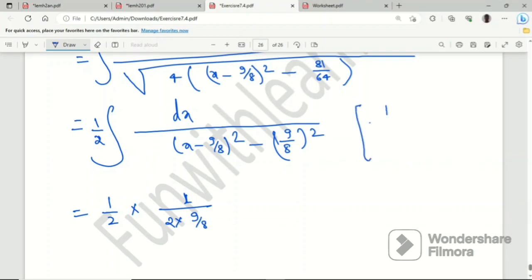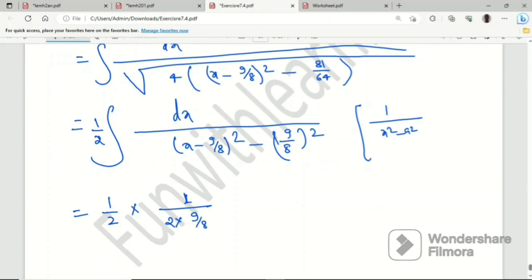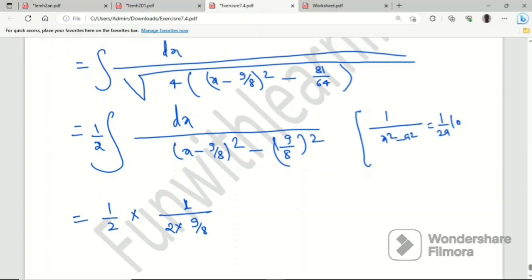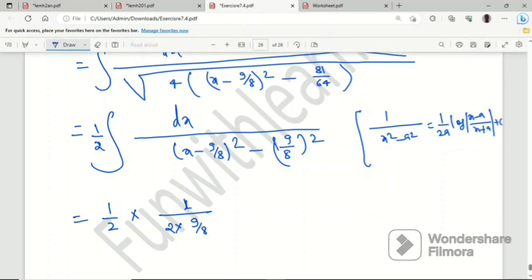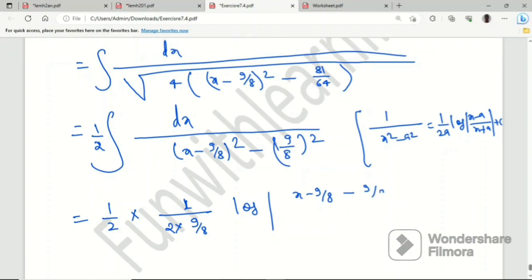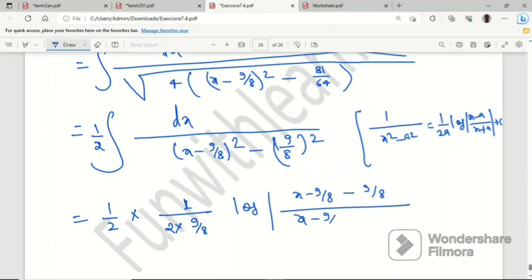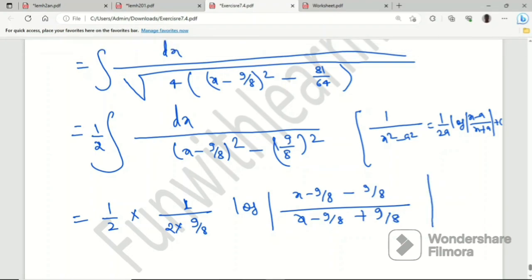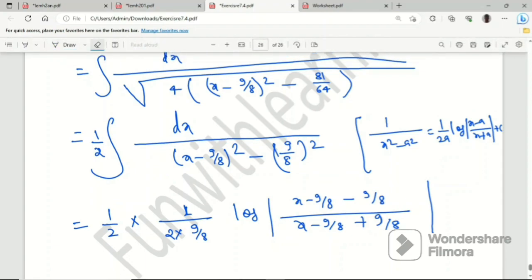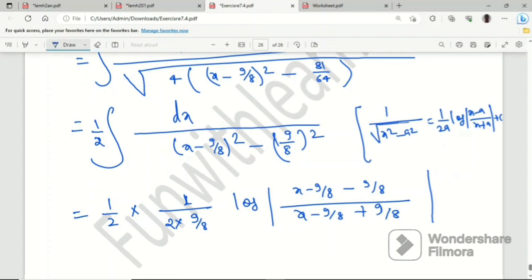Integration of 1 upon x square minus a square is 1 upon 2a log of x minus a by x plus a plus c. Okay, it is under root, so I cannot use this formula. The formula will vary, okay. I thought it is not under root, so the formula for under root x square minus a square will be,